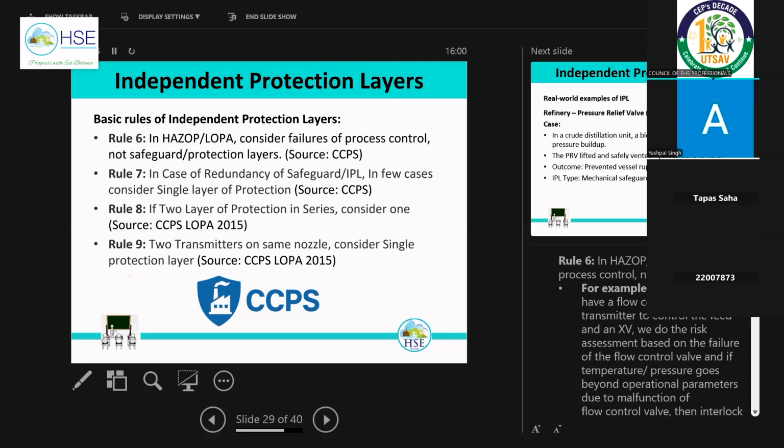In that case, we cannot take credit of 2 NRV for this protection layer or safeguard. We have to consider 1. The classical and best example, normally we install a rupture disk with a PSV, either before the PSV or after the PSV. So in that case, we cannot take the credit of both rupture disk and pressure safety valve in the risk assessment,